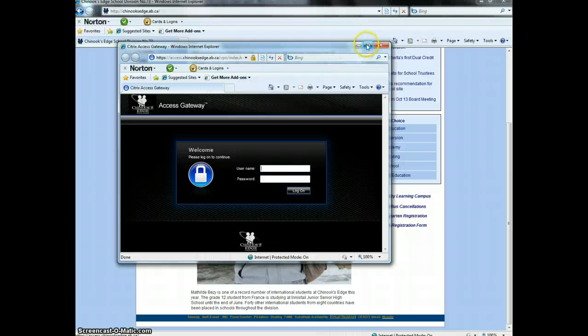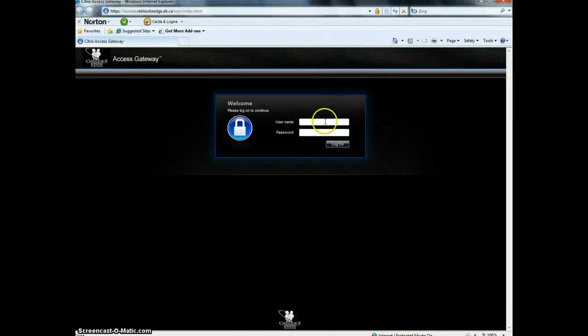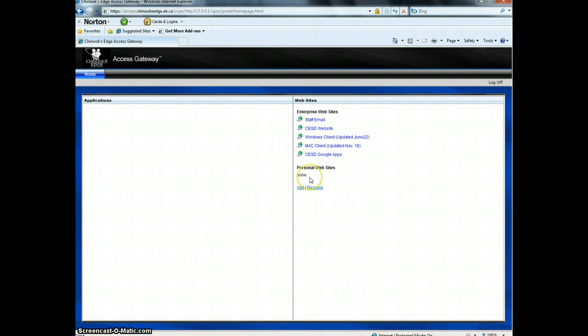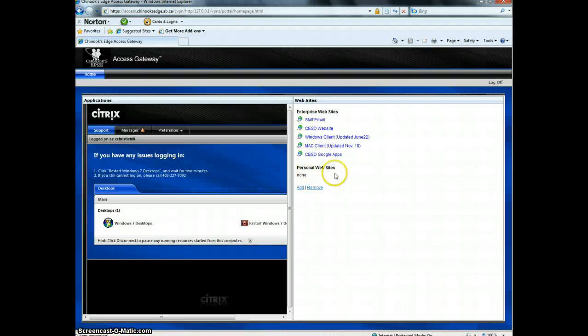And I will just enlarge this for you so you can see it better. So here you would log on with your credentials. So I'll just log in here also. If you're not familiar with your credentials, you can talk to your lan tech or your administrator. And then as it's logging in on the left, it's going to go through some pieces on the right hand